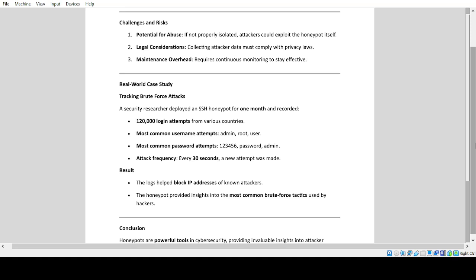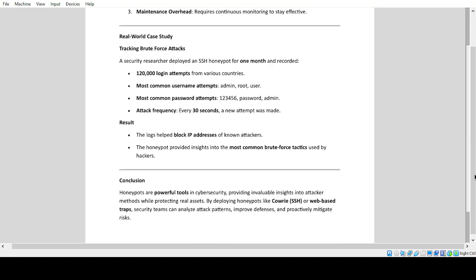Real-world case study. Tracking brute force attacks. A security researcher deployed an SSH honeypot for 1 month and recorded 120,000 login attempts from various countries. Most common username attempts: admin, root, user. Most common password attempts: